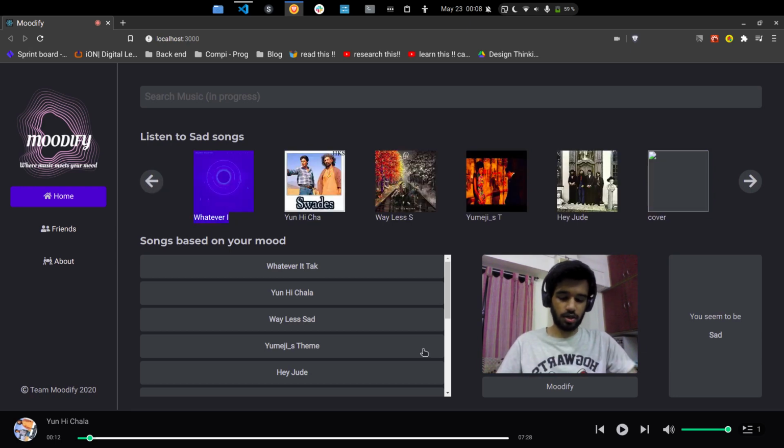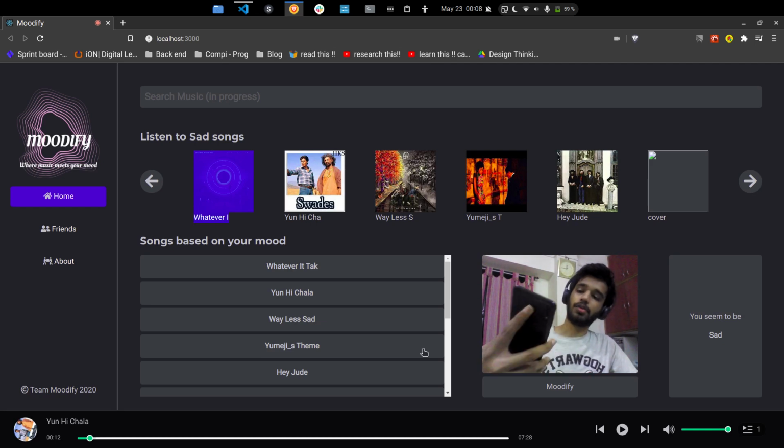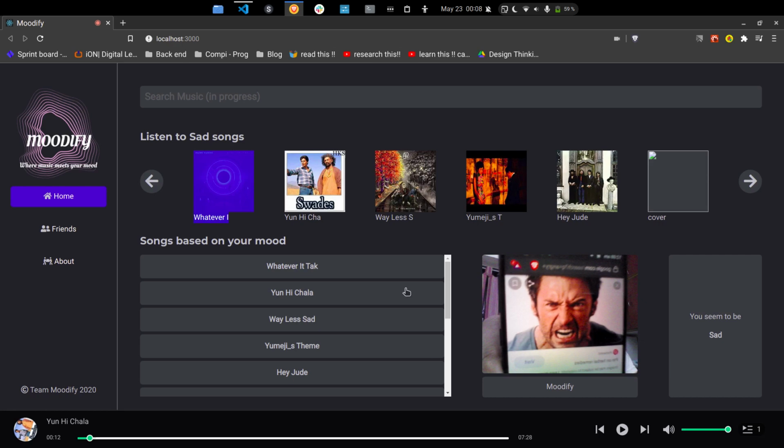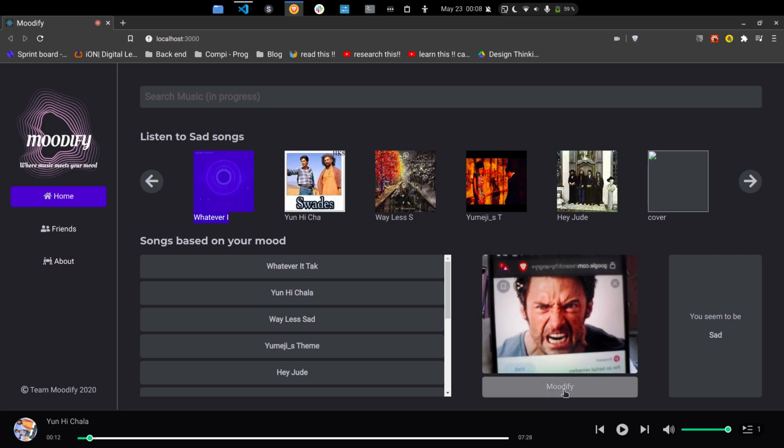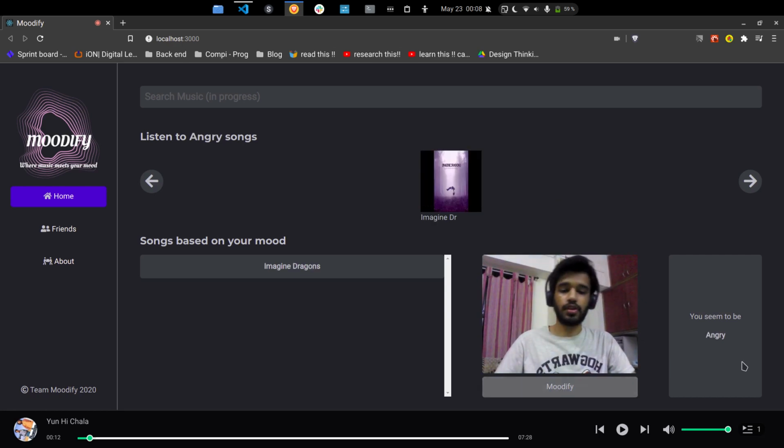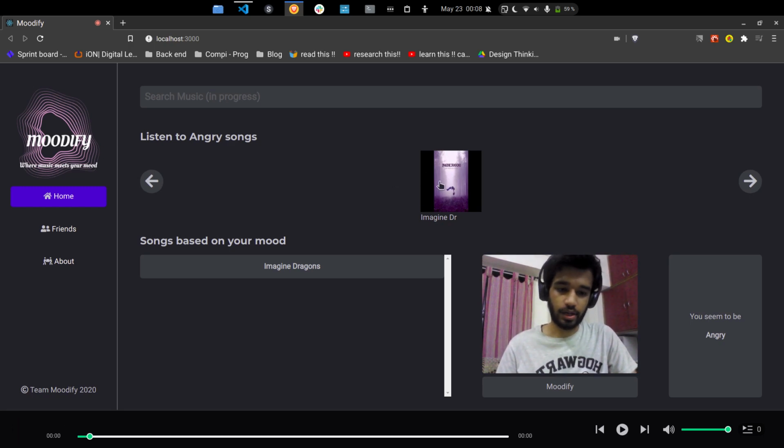The next mode that we'll be seeing is the angry mode. I've pulled up another random image from the internet, and I'll be testing that. Right, so it says you seem to be angry, and there's only one song tagged with angry in the database, and that's the reason it's only showing one of all the uploaded songs. So I can play this as well,